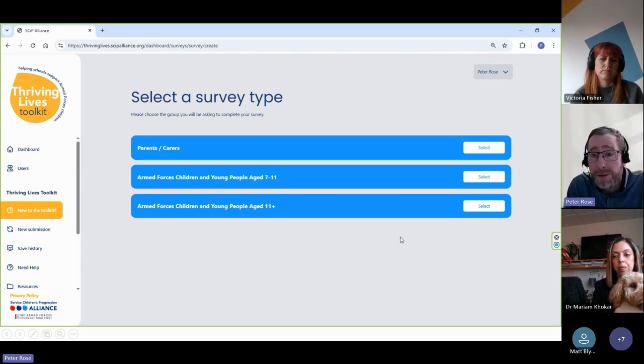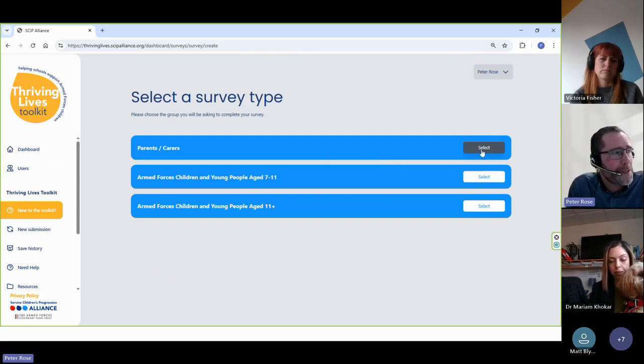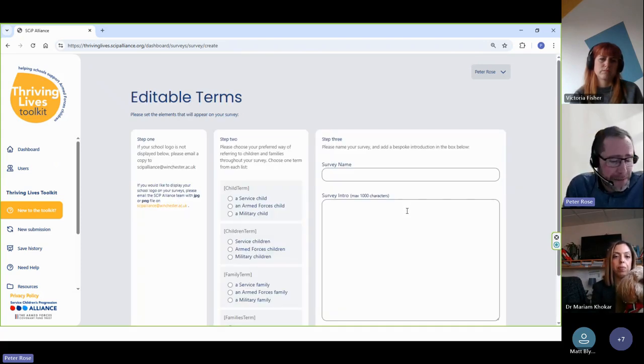There's no actual requirement to stick to those. They are suggestions; the design of the wording and the testing has been based on those particular age groups. But if you prefer the questions in a different set, there is no requirement or prohibition on using those. We'll look at the parents and carers set as the focus of today is about engaging parents.